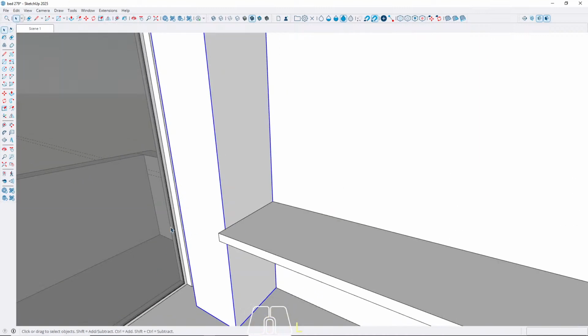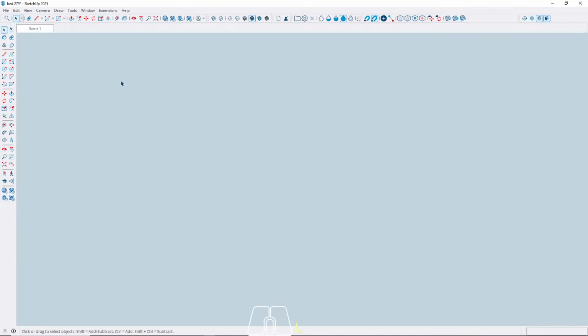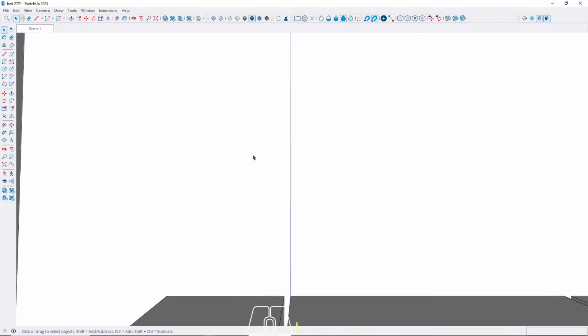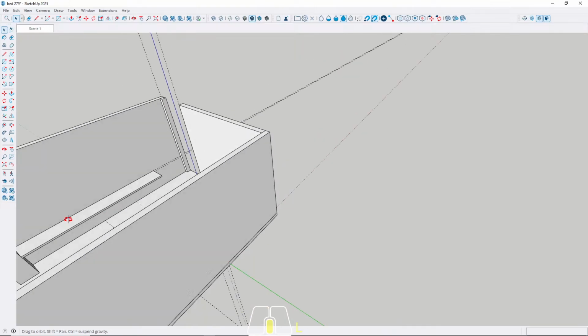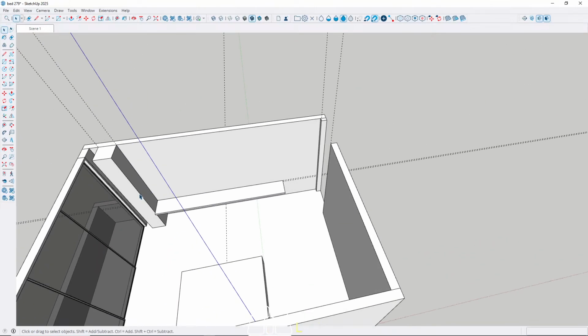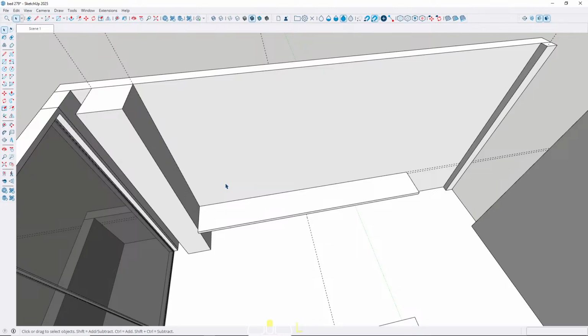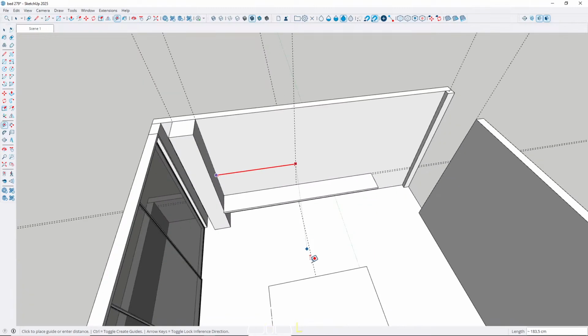I make group, we have storage here, we have a table here, and then let's take the center of the bed,